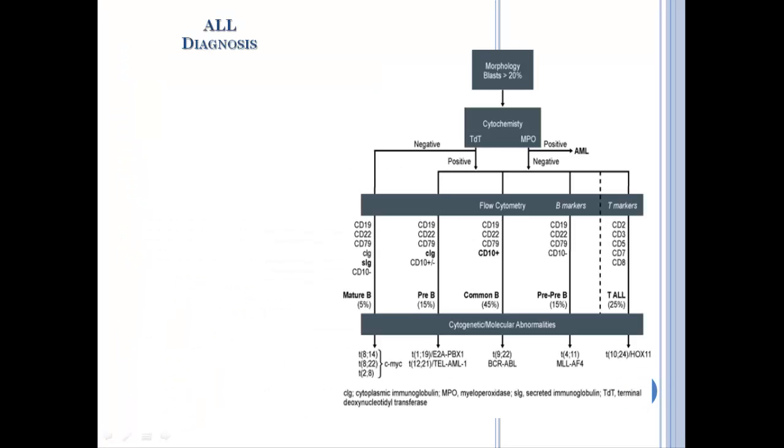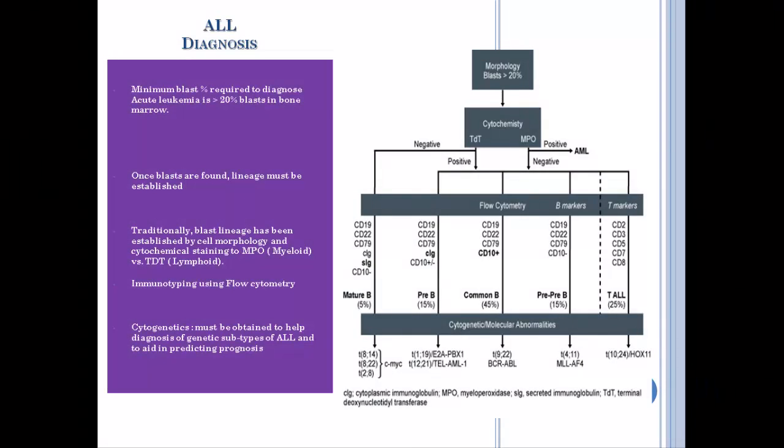Diagnosis is made by clinical feature and demonstration of blast in peripheral blood or bone marrow. The minimal blast percent required to diagnose acute leukemia is 20% or more blast in bone marrow aspirate. Once blasts are detected and found in the bone marrow, lineage must be established, either it was myeloid or lymphoid